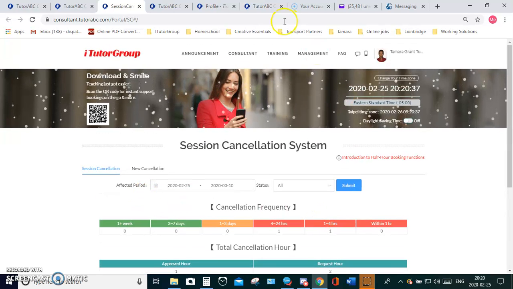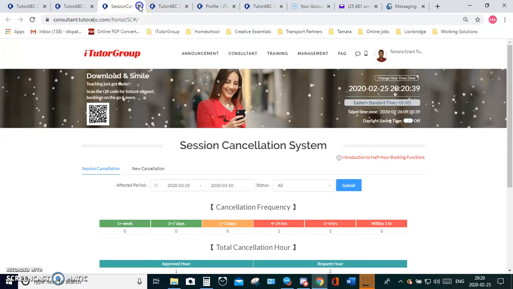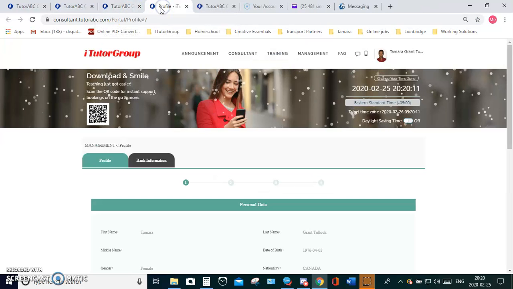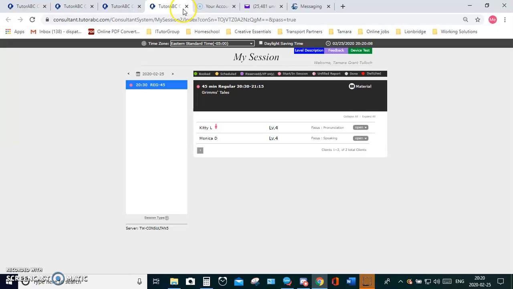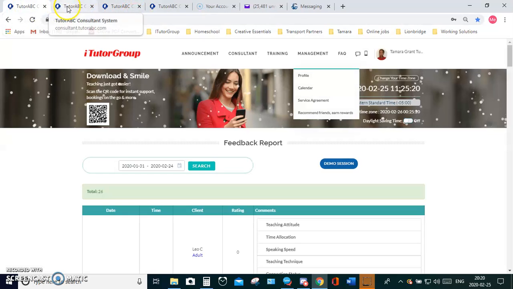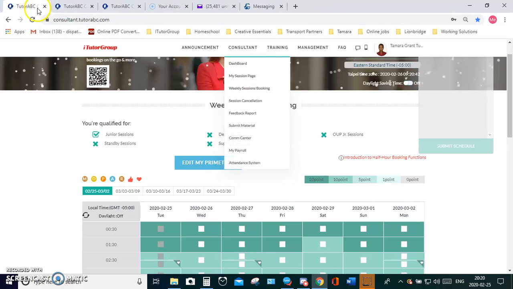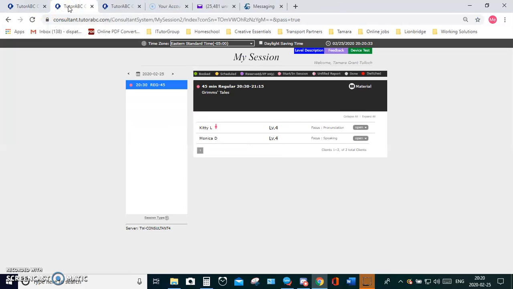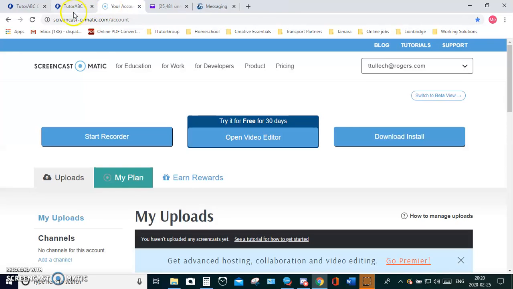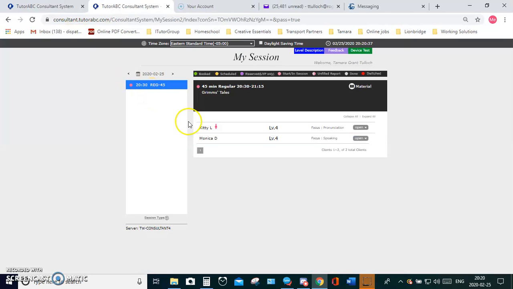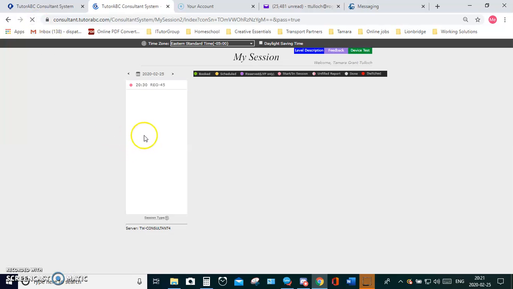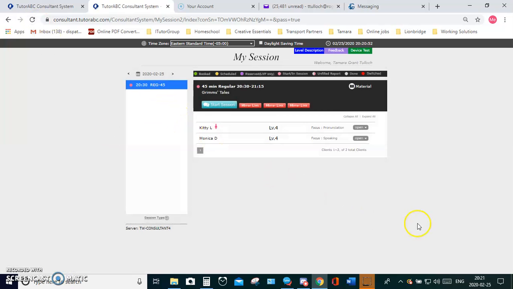All right, we should be able to enter our session now. I'm going to close that tab. I'm going to close this tab just so that you see exactly what is happening. I'm going to close this tab just so we don't have too many tabs open. Okay, so here is the tab with my class. I'm going to do a refresh, and I should be able to get in now because it is 8:21. I'm going to click on Start Session, and it's going to take me